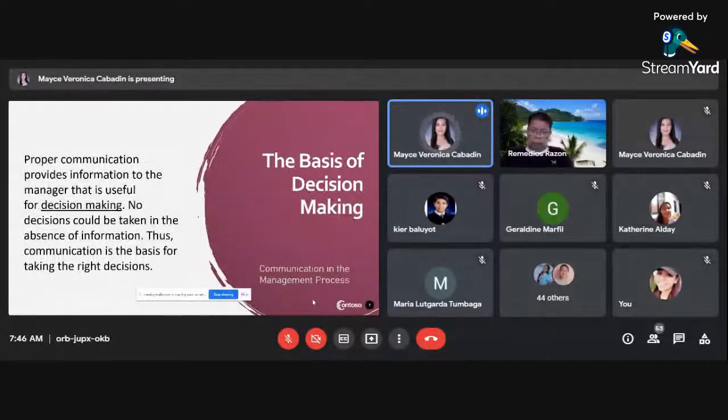So proper communication provides information to the manager that is useful for decision making. No decisions could be taken in the absence of information. Thus, communication is the basis for taking the right decisions. So in the organization, though you are the manager or ikaw yung school head for the school setup, you still need to be open. Open in a way that you understand the thoughts of others. Since you are the decision maker, you still need to get broader knowledge, deeper and different perspectives before you